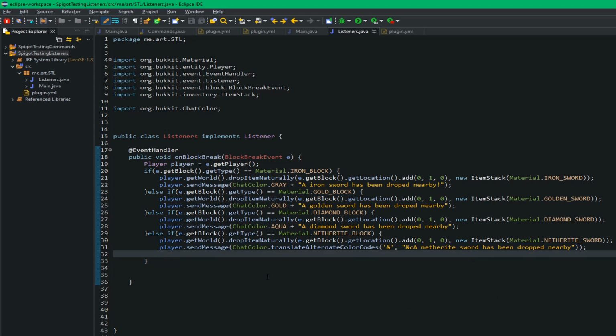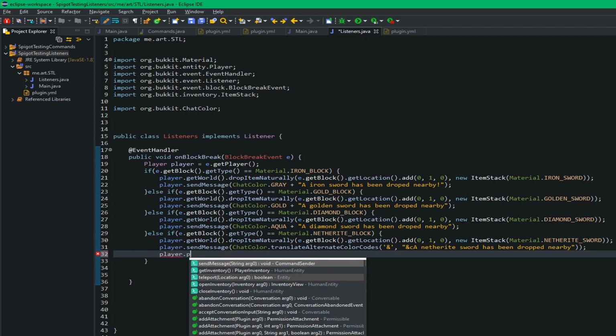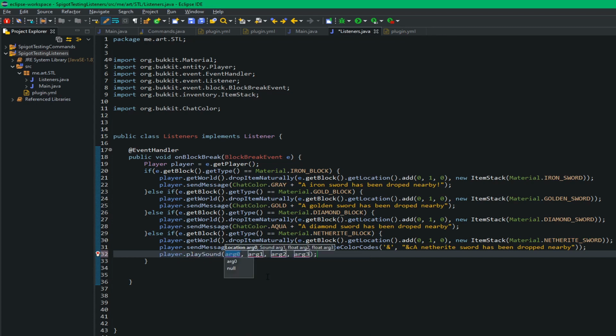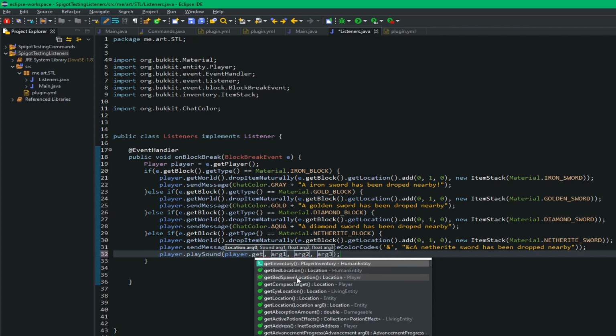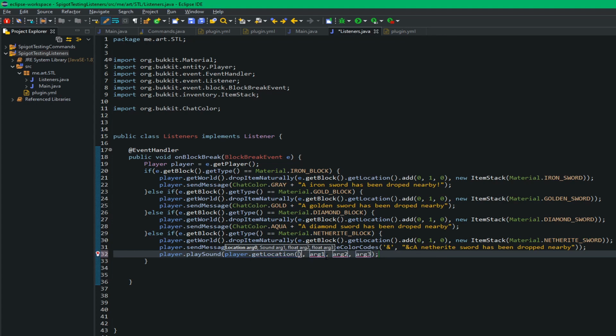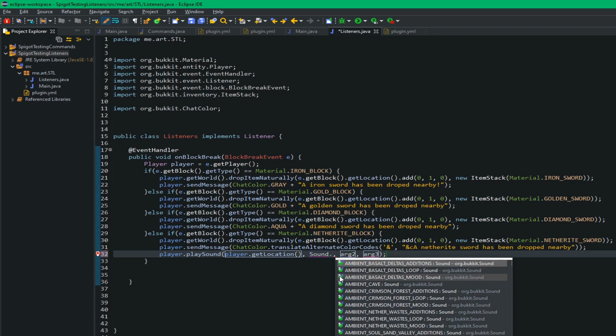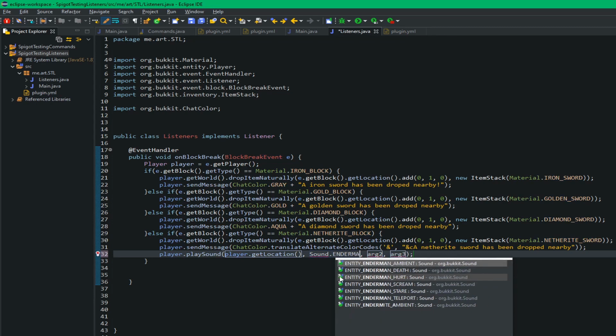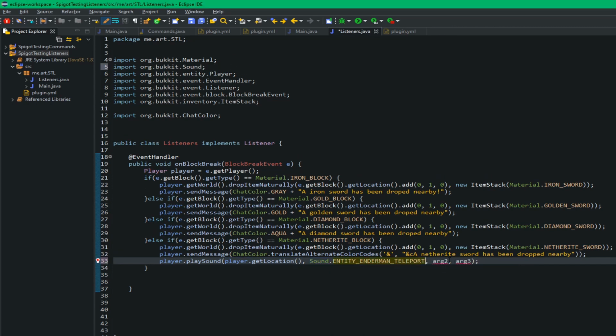Anyway, the final method I'm going to do, we'll just do it on the netherite. Real quick, we can do player.playSound. Okay, and this is going to play a sound. So once the location, we're going to play the sound at player.getLocation. We don't need to add anything to location because it's going to play at getLocation. It wants a sound, so we do Sound dot, and then I'm gonna do Enderman because these are ones that are used commonly. Enderman teleport, and then it wants a pitch or a volume level. I can do 2 because it's bigger, and then a pitch will be